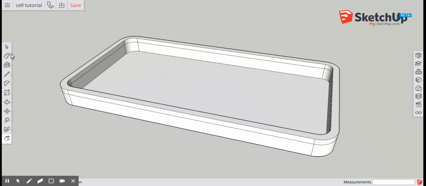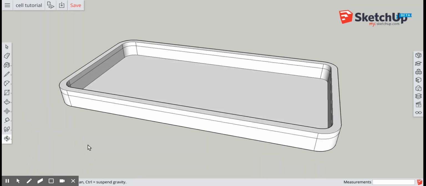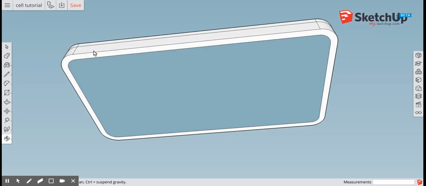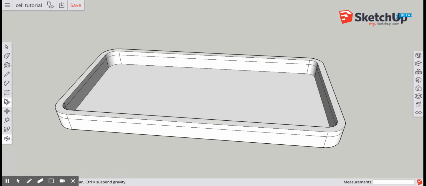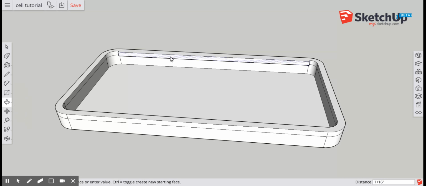Now that I've cleaned up the extra edges and the extra geometry, and I've also rotated below this to make sure that it was okay as far as being solid. If it's not, you can move this down and adjust it. But now that I've gotten rid of that, I have these lines on the inside edges, all around the inside edge wall. I'm going to use those lines to create the little bumpers. So I'm going to come out